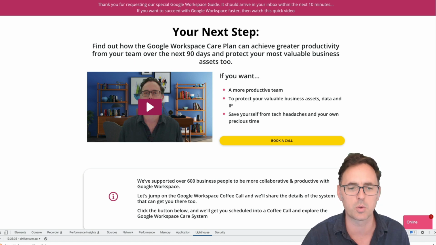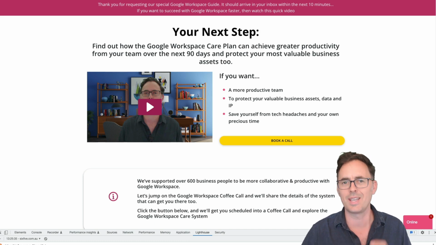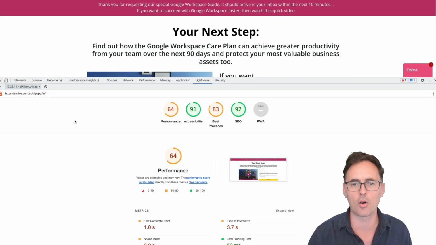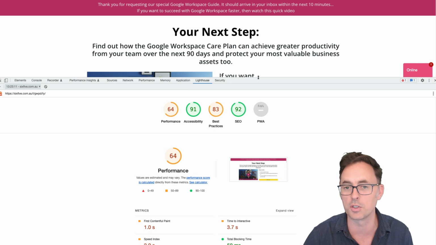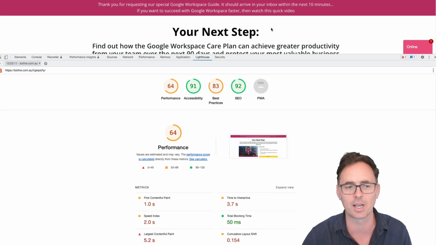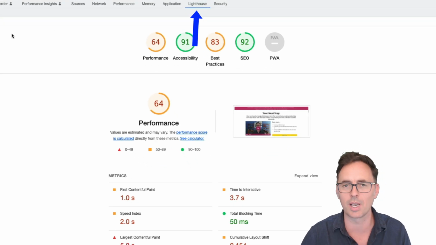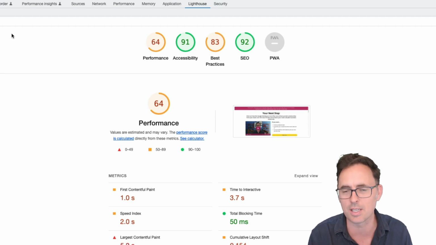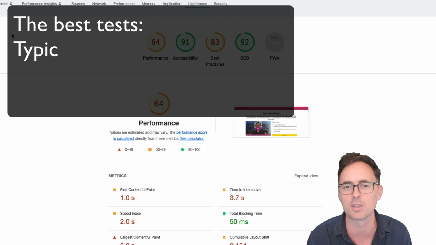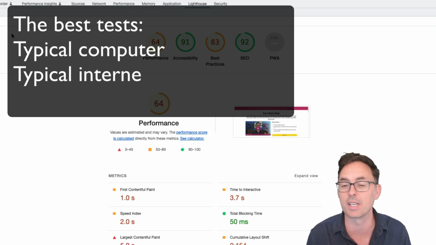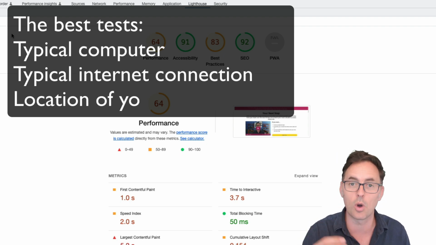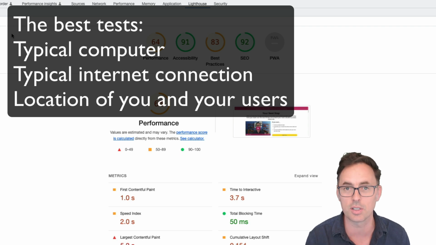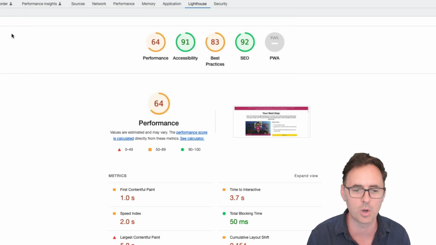We've measured this twice. Here is the first version of that report. If you ever want to do this, you can simply right-click on a website, click Inspect, and then use the Lighthouse tab in Google Chrome to run a report. This is generally the best way of doing it because it uses a typical internet connection and a typical computer, and most importantly, it's coming from the geography where you are and more than likely where the rest of your audience are, instead of being tested from the other side of the world.